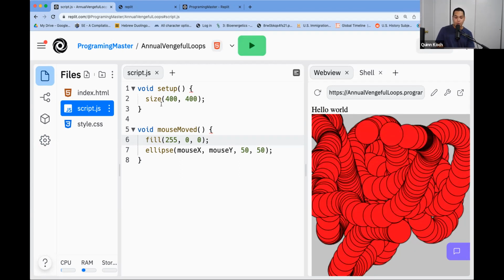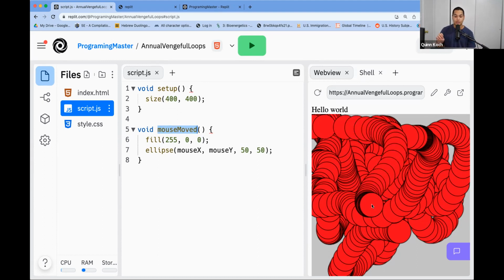And a final thing, I would like there to be a background color. But I will say you can't put it in mouse moved, because then every time you move your mouse, you're making a new background, and then you're drawing your circle, right? So it's erasing all the other circles, which does make a cool effect that I'll show later, but for drawing,